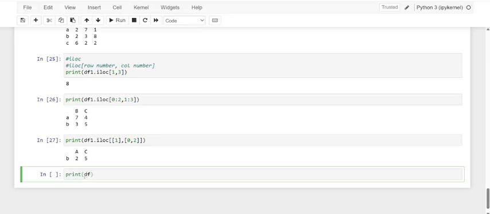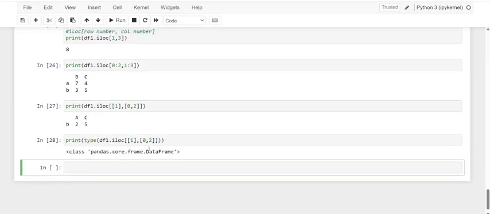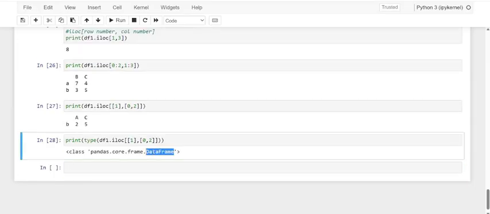So df1, let me give its type too, so that you can understand how this comes out as a data frame. Here in iloc, I'm going to give 1 as my row and 0, 2 as the column. And kindly see, this is a simple data frame.